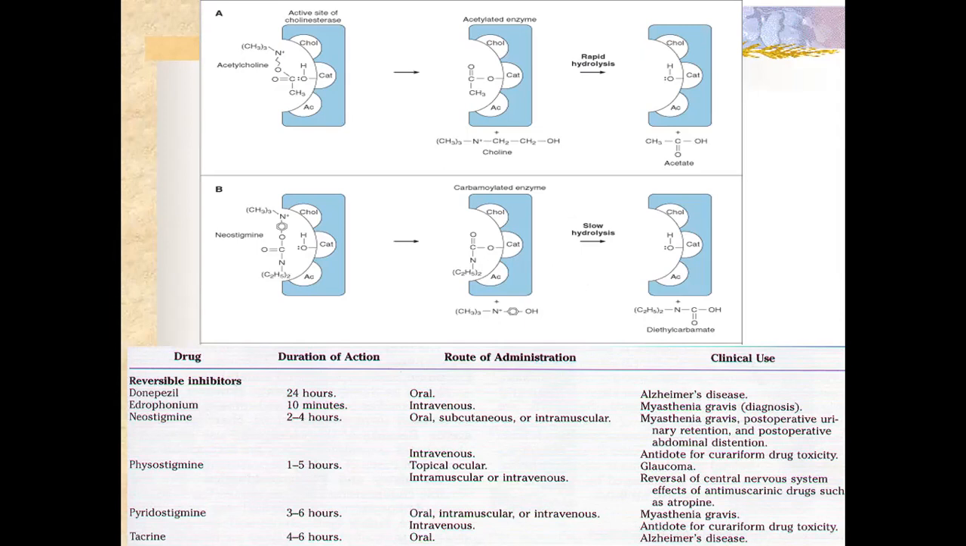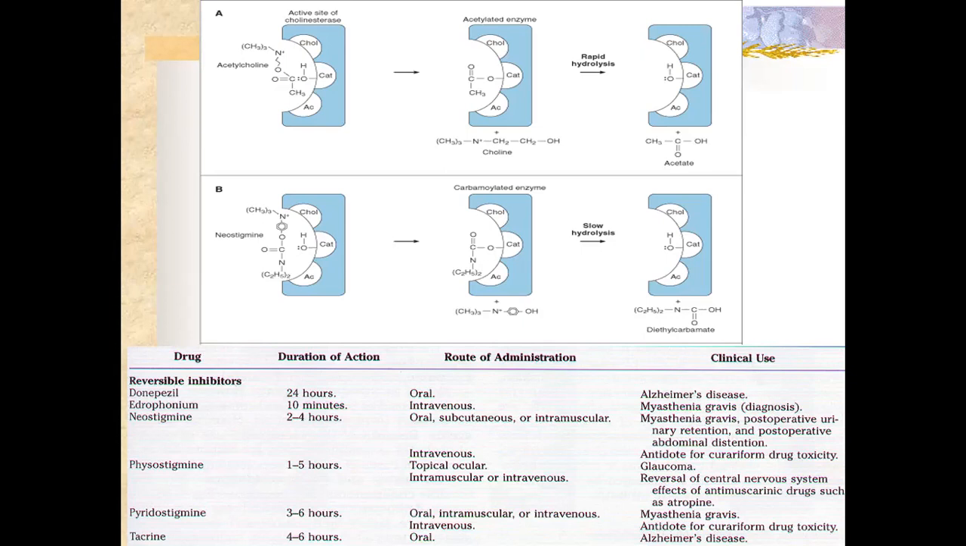Hence, rivastigmine is used in the treatment of mild to moderate Alzheimer's disease. It is started at a dose of 1.5 milligrams twice daily, and the dose may be gradually increased at 2 weeks interval to a maximum of 6 milligrams BID, or twice daily dosing. So rivastigmine is also a very important drug which is used in the treatment of Alzheimer's disease,